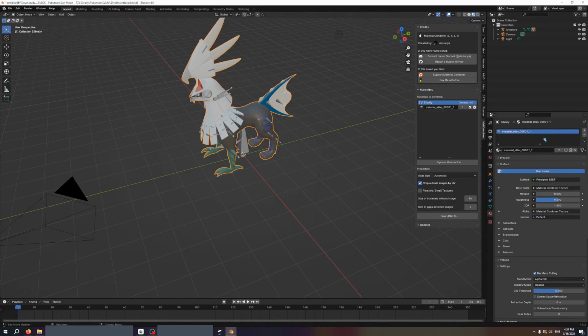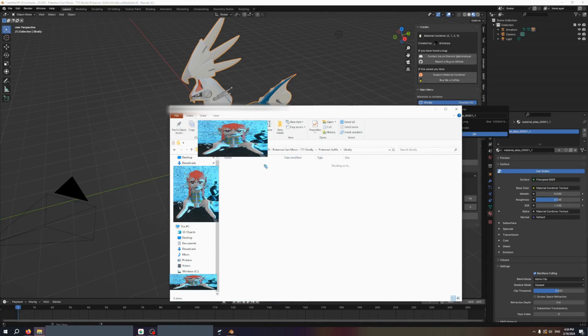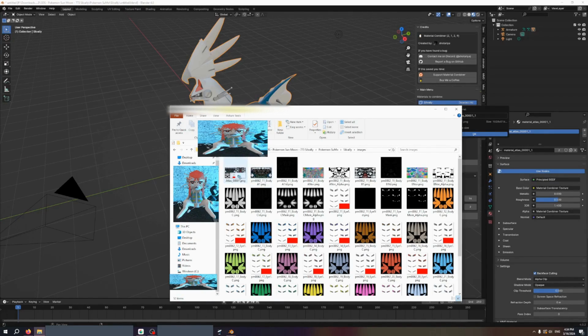So once you hit save, it should put all of your materials into this material atlas. You can rename this if you want. But most importantly, find the texture, which should be in the folder that you just selected. Here it is, atlas00001.png. Now you can just copy this image,